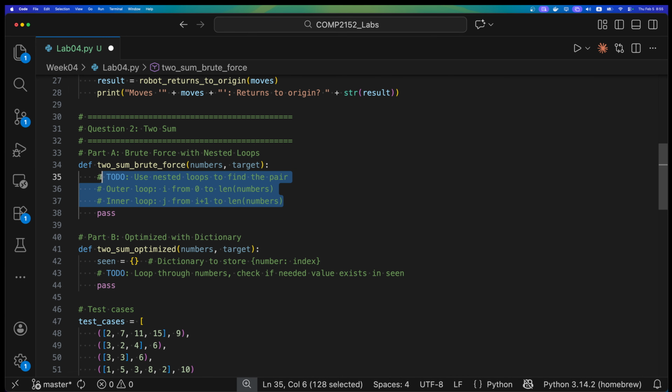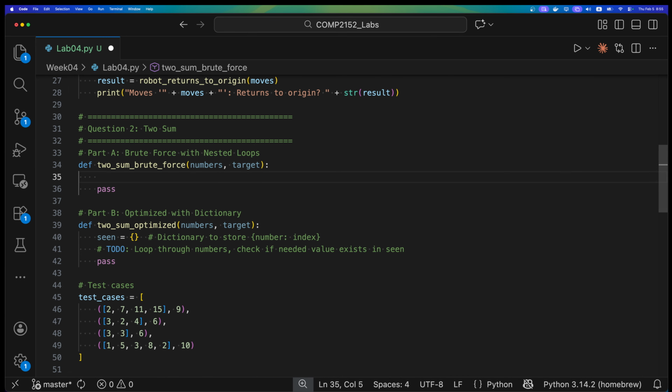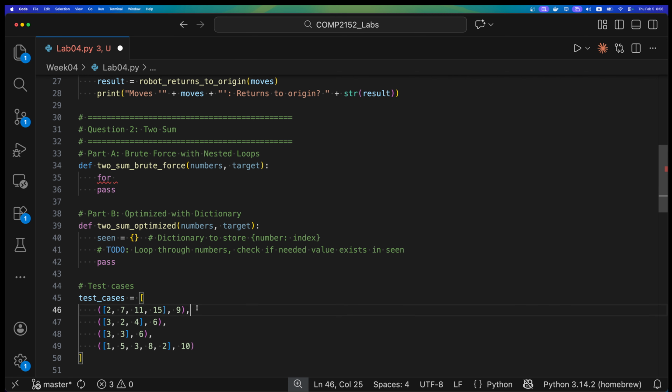Okay, we are going to code our logic here. As we said, this is using the brute force with the nested loops. This is not an optimized version of the code, but this is a simple one. We are creating an outer loop through each number in the list. So for example, let's see this list here, and let's go to the